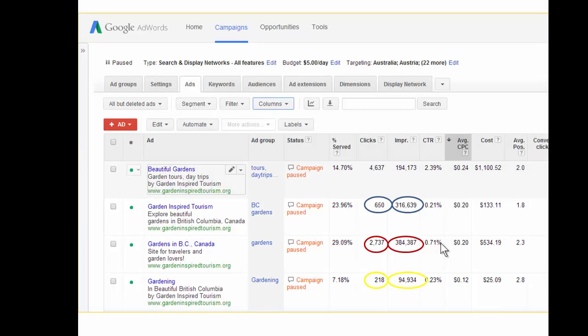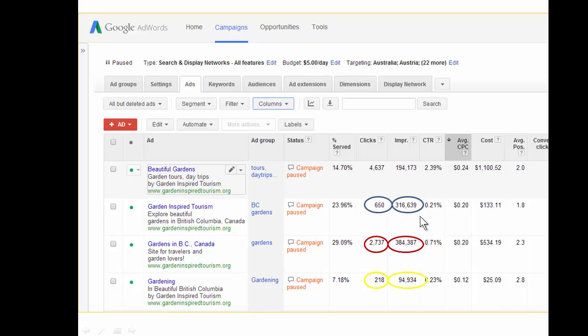You can use A/B tests not only to compare different landing pages, but also to compare different ads. For example, which of the three ads is the best? If we compare this one ad and the third one, then it's kind of obvious that probably this one with 0.71 is producing better results in terms of click-through rate. Why is that? Because in this scenario we have as many as 2,700 clicks compared to 650 here, with very